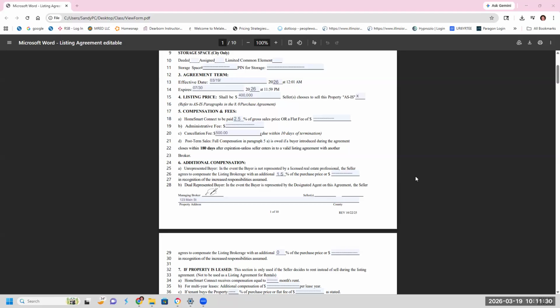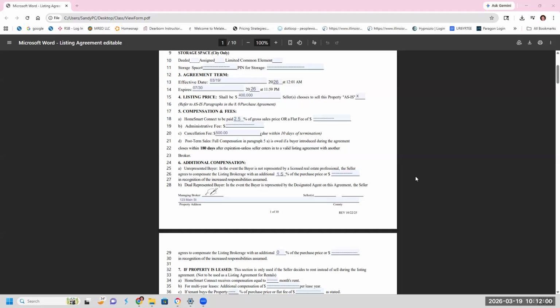I think it's a wise thing to do to put this cancellation fee in when you take the listing. Should you need to, if you want to waive it at any time, we don't care. If you want to collect it, you tell them, if you want to cancel, mister, as soon as we get a certified check at the office for this $500, we'll be happy to cancel for you. And know that if you're going to charge this, I will stand behind you and make sure we collect it.